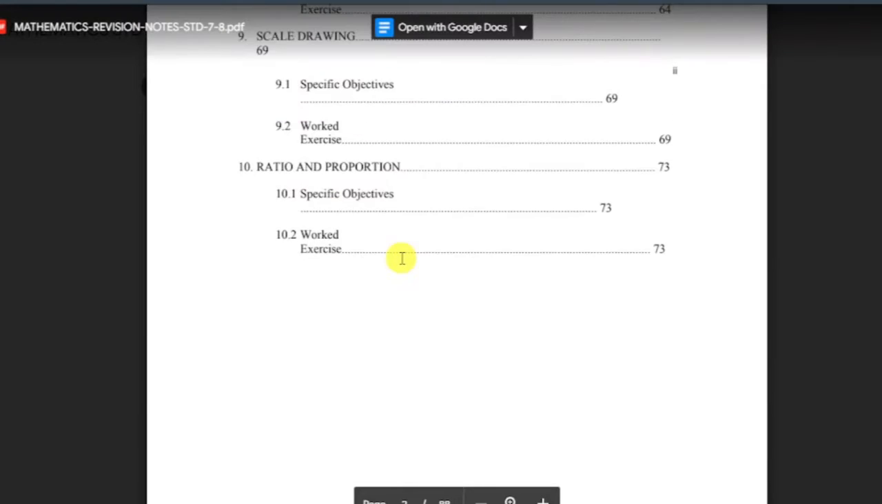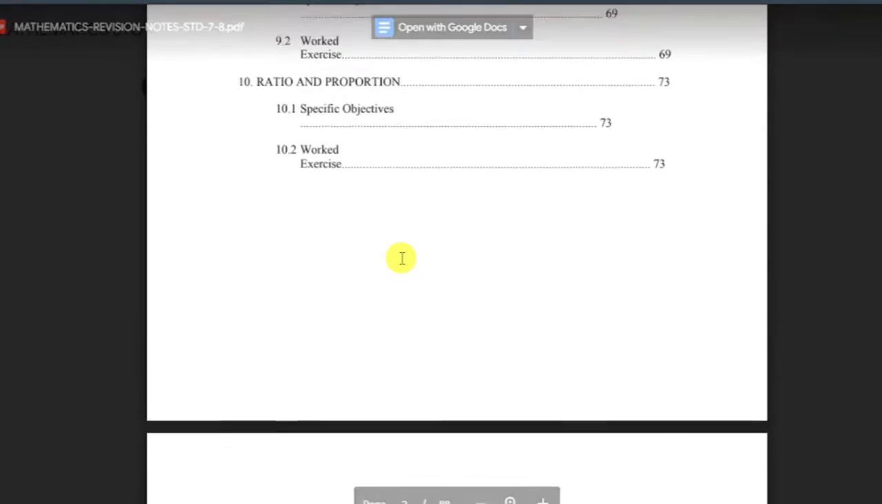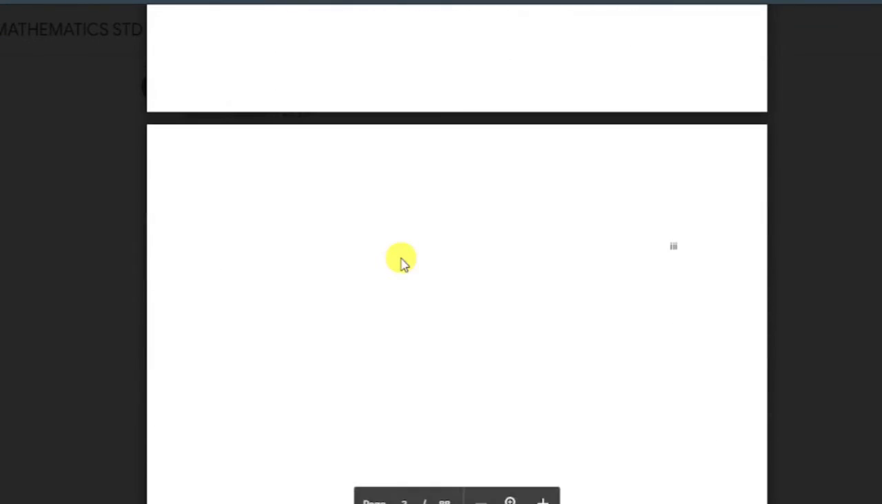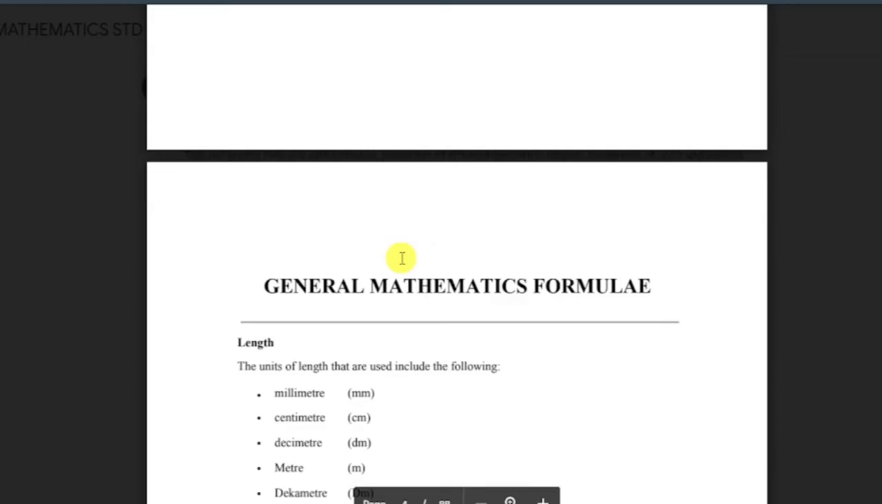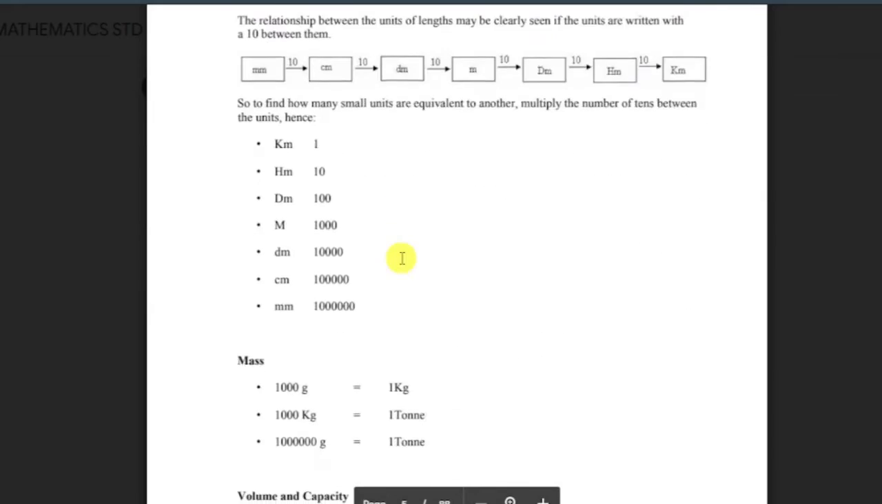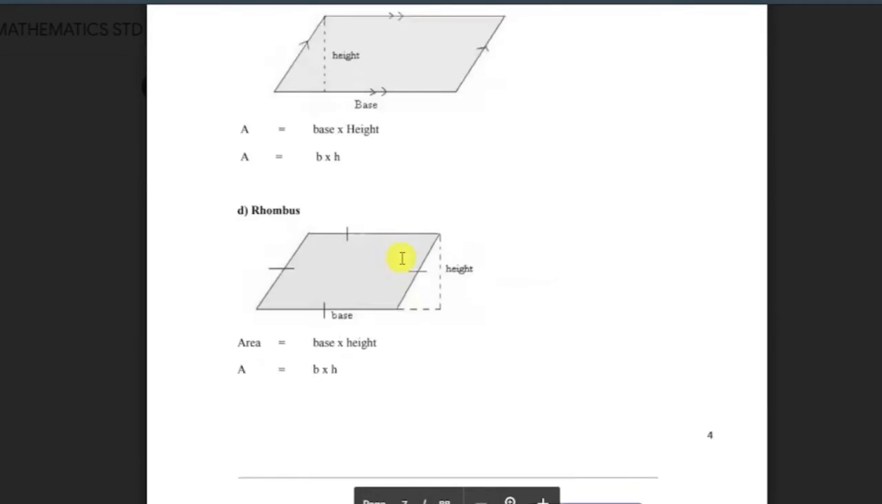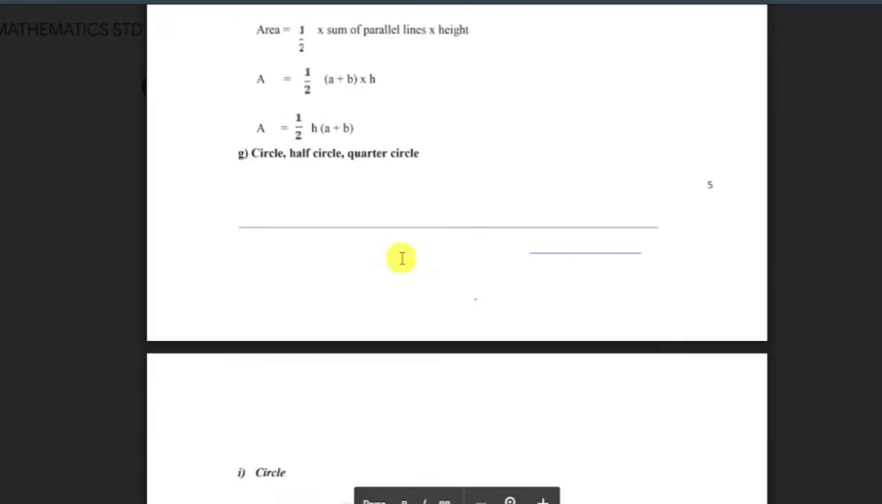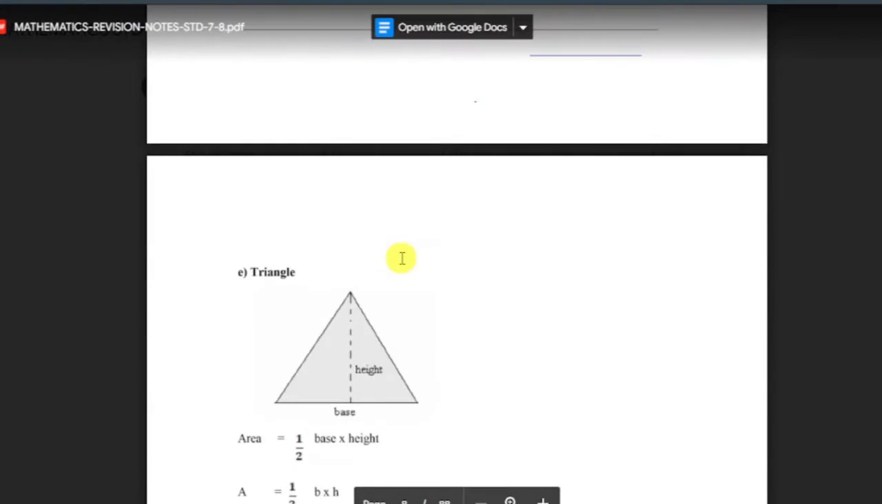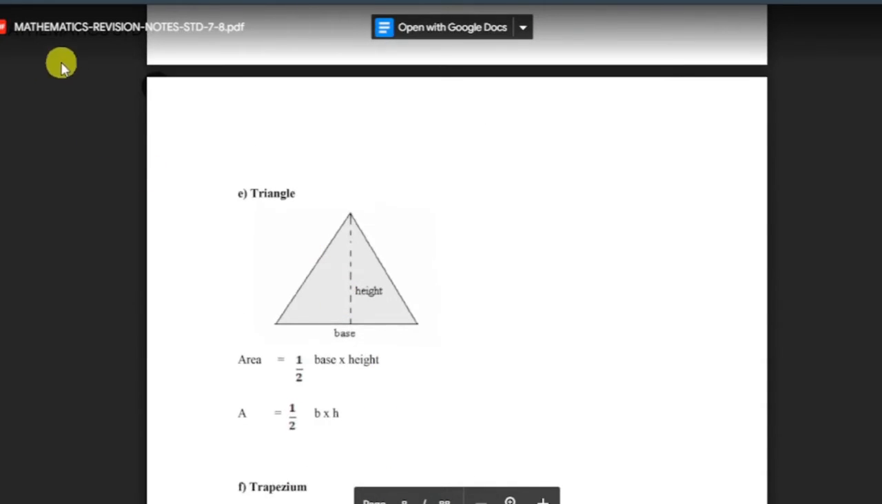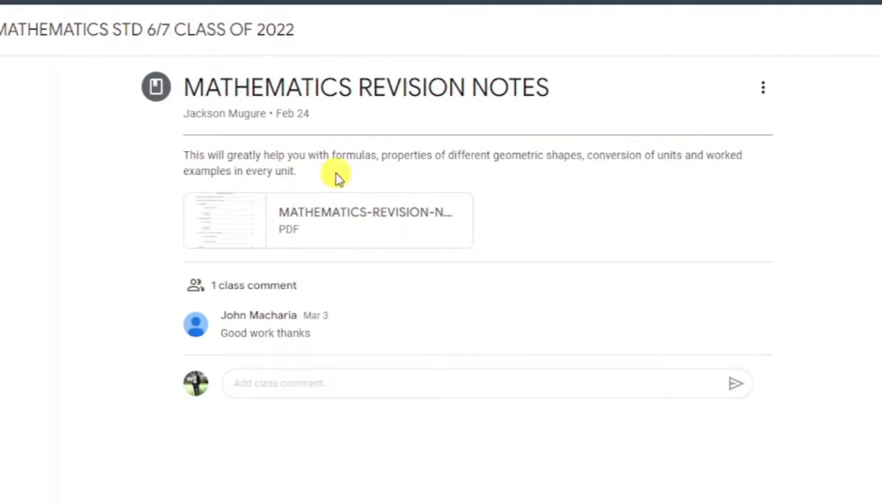So it's quite a lot of work, and that's why it's somehow delaying to open. You can see those learners who have been able to join the Google Classroom are able to access all those, and they can use them for their revision. So when it comes to